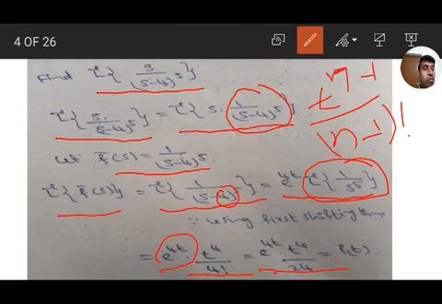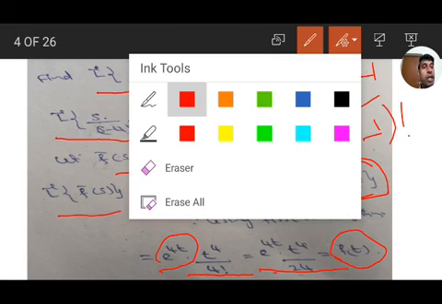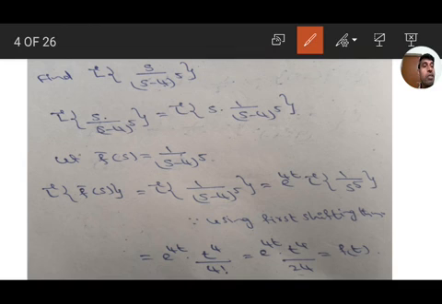It is f of t. Okay, we got f of t. Except s, the remaining function we have to take as f bar s, and we calculated the inverse Laplace transform of f bar s by using the first shifting theorem. We got e to the power of 4t into t to the power of 4 by 24. Take it as f of t.